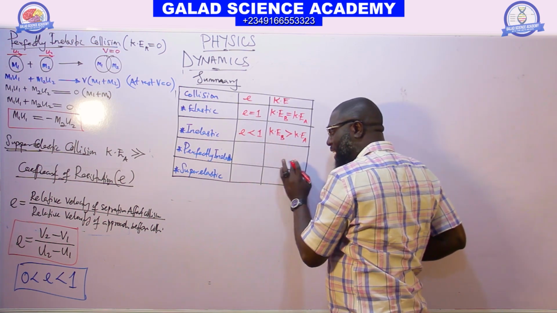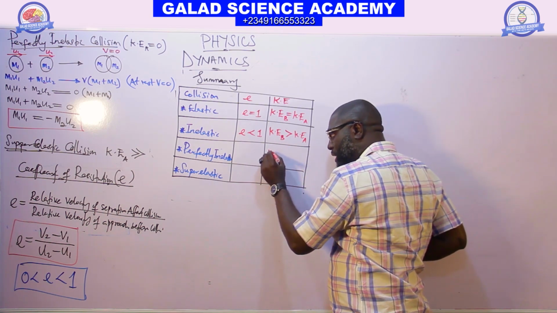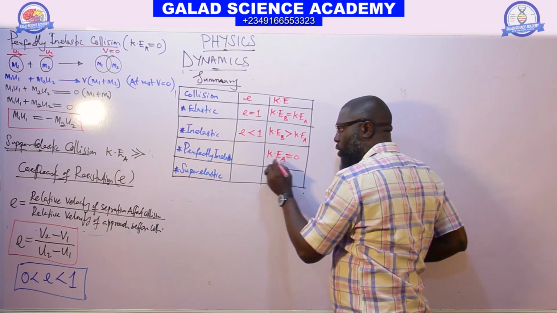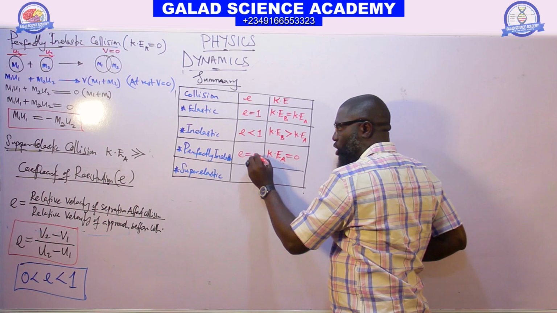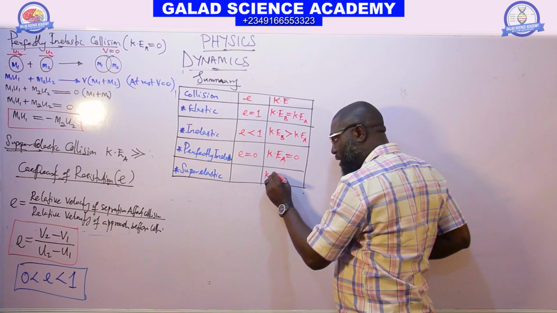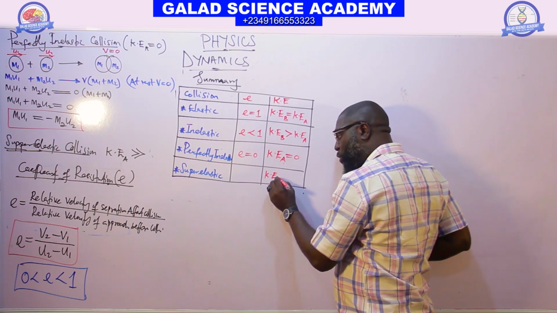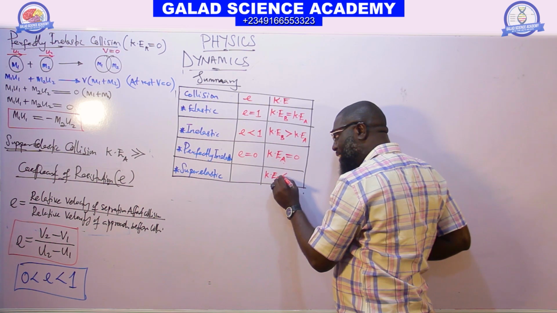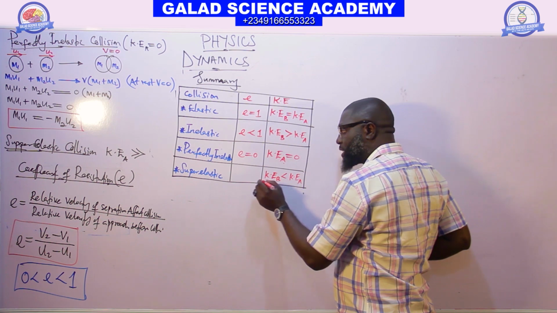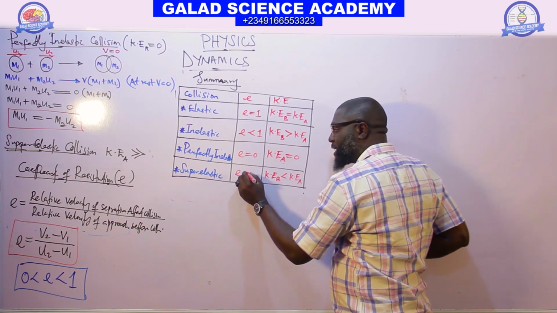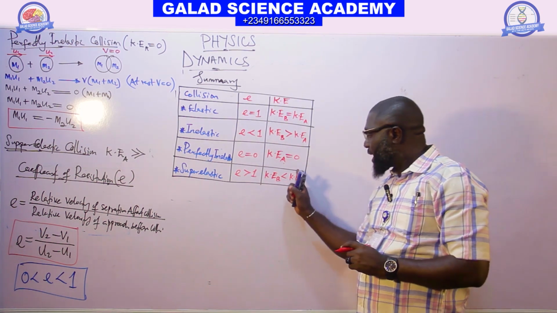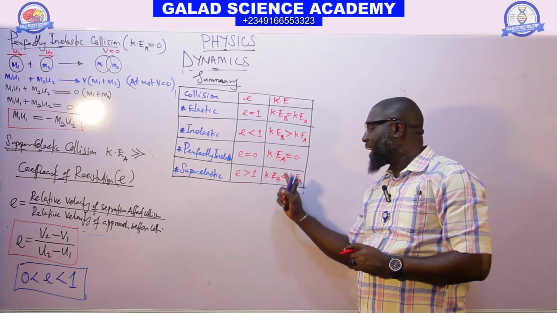But when kinetic energy after collision is equal to 0, the coefficient of restitution is also equal to 0. But when kinetic energy before is less than kinetic energy after, it simply means the coefficient of restitution is greater than 1. Or we can also say, when kinetic energy after is greater than